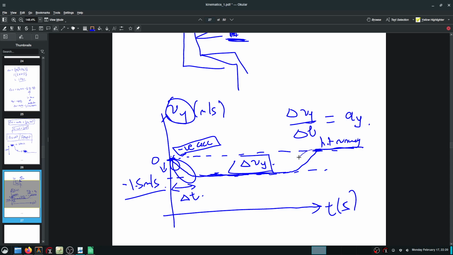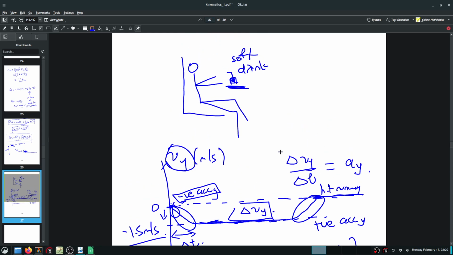What do you have here? Your y velocity is increasing. You have positive acceleration in the y direction. Just by looking at the graph, because the speed is decreasing and then increasing, you can see positive and negative acceleration. Is there a way to